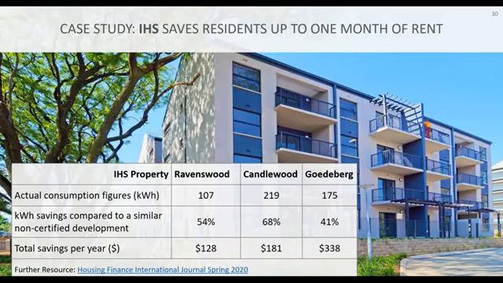Here's some more data from this IHS case in South Africa. IFC publishes all these studies on affordable housing. I think there's a big push towards affordable housing, but here you can see that in this particular project they had smart meters, so it showed the savings on utility consumption. They had a lot of good data there, and the actual annual savings added up to about 1 month of rent payment for the residents. So they actually saved 1 month's rent in terms of the utility cost reduction for their projects.